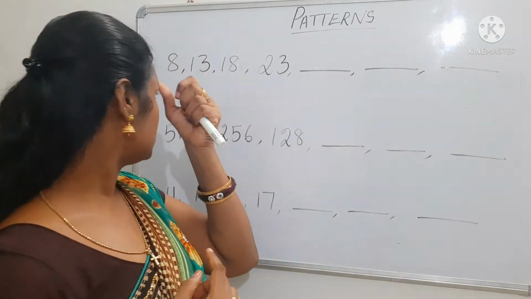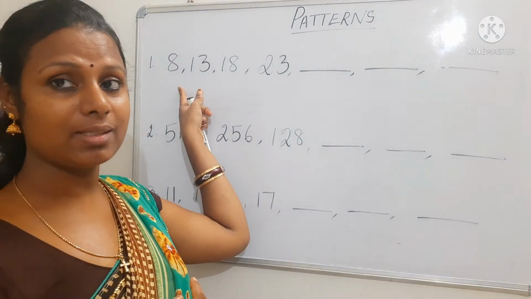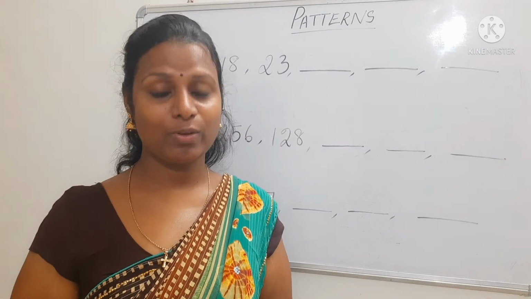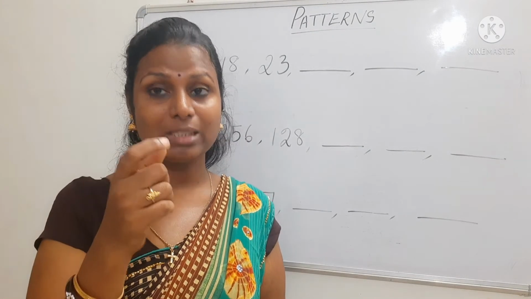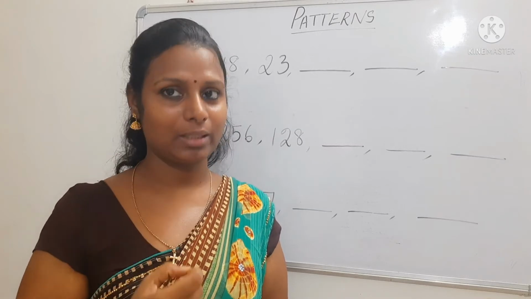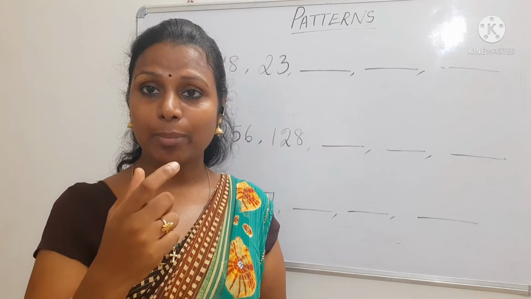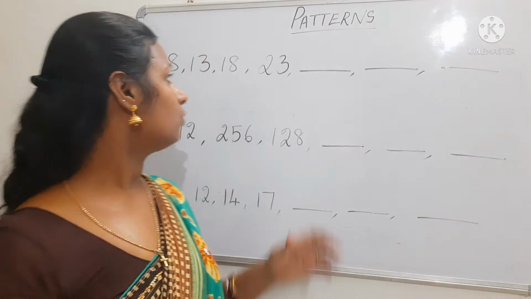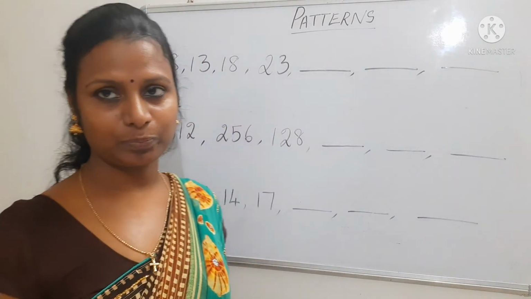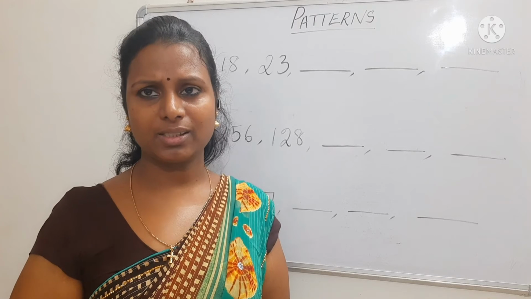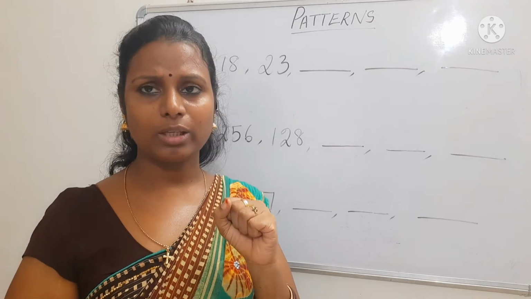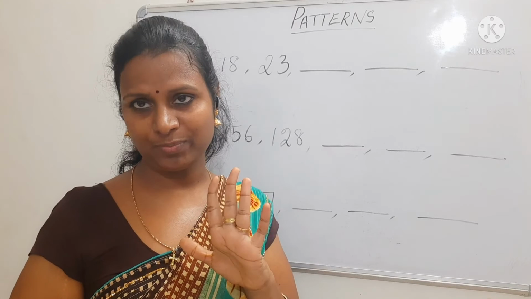See here, first the number is 8, 13. So I have taken the first two numbers. We are going to subtract because we want to find out how much difference is there. इसके बीच में कितना नंबर है ये पता लगाना है. तो इसके लिए हमें क्या करना पड़ेगा, दोनों को माइनस करना पड़ेगा. So first I am taking the first two numbers, 8, 13. What is the difference? 13 minus 8, 5. So that means they have added 5.